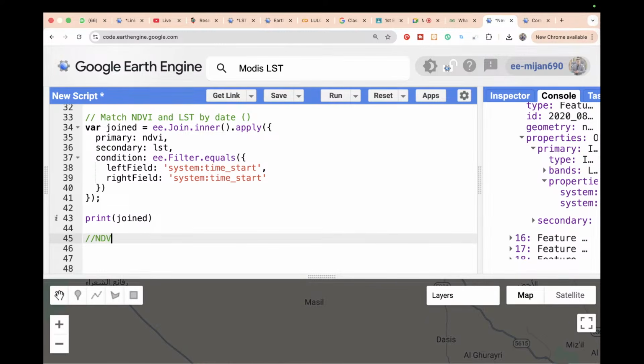So NDVI and LST bands merge. Okay. So when you merge, we simply use the primary and secondary. These two bands we simply merge together. Merge, just store it in one variable. So take the variable name, suppose merged. We can put any name as a variable, and we create